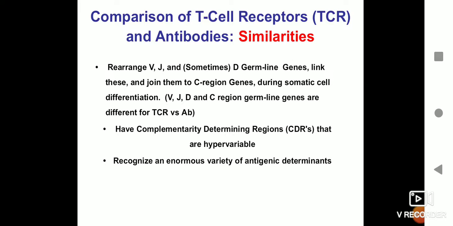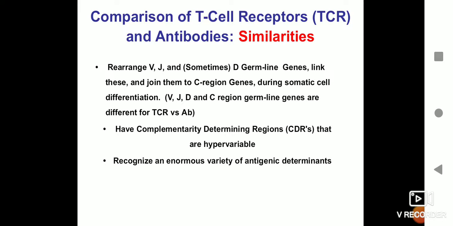To talk about the similarities, both T cell receptors as well as the B cell receptor, we call it antibody because the antibodies are the circulatory form of the B cell receptors. B cell receptor, structurally, is also called the immunoglobulin, and in the T cell receptor as well as B cell receptor there is a variable region where there are different chains which together comprise